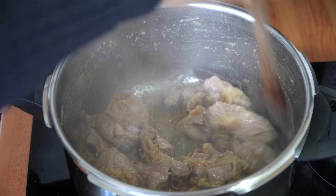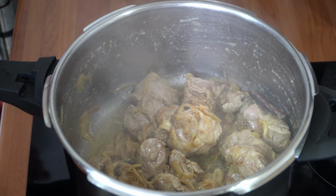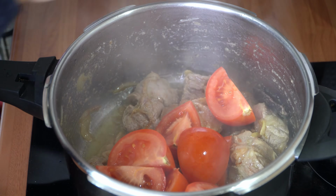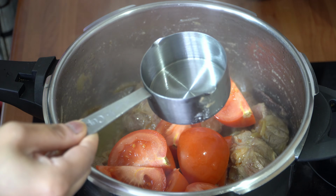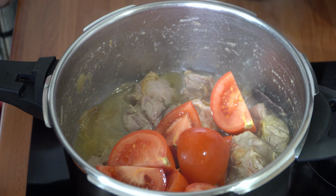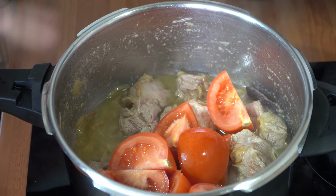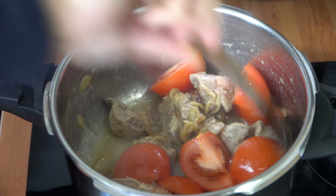Right, okay, so I've been browning the lamb with the ginger and garlic for 4 minutes. Now into this, I'm going to add my tomatoes, just like that. And using the same half a cup measurement, I'm going to add in half a cup of water. And I'm just going to turn my hob up because I had to reduce it down. I'm going to put it to full power,